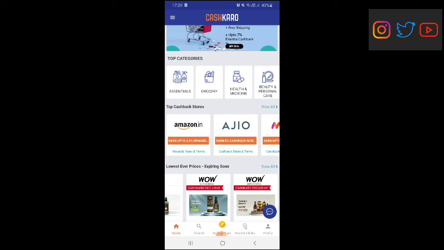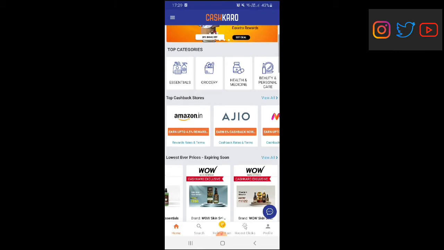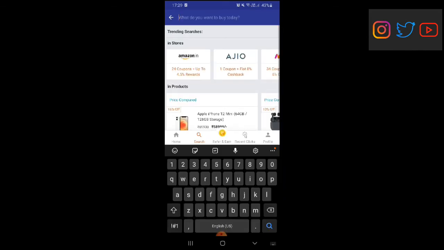So make sure you uninstall that app, take the products out from the cart, and then once you log into Cashkaro, you can go into Amazon and log in with your old ID and password. Don't worry about that. Your old account only will come in. No need to worry that your old account will get deleted and you have to create a new account. You can log into your old account. So these are the two main points you have to keep in mind always. Now I'll show you. I'll click on Amazon.